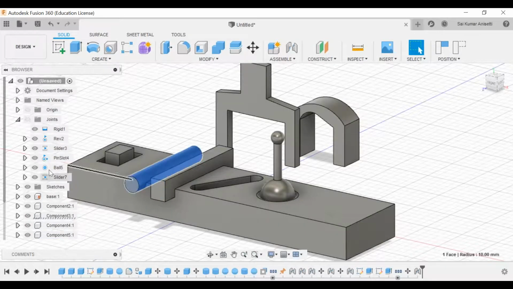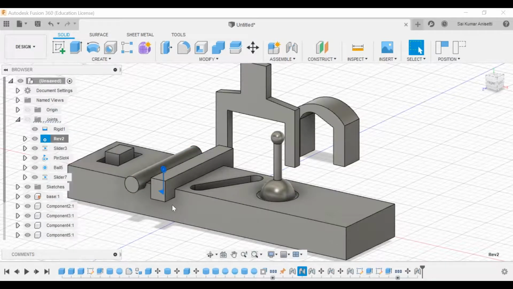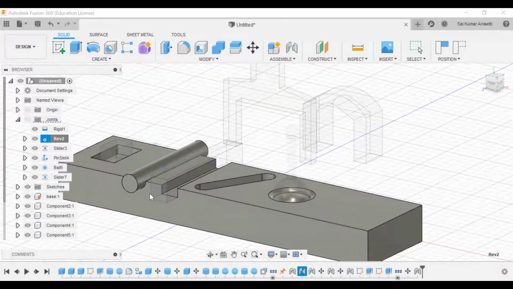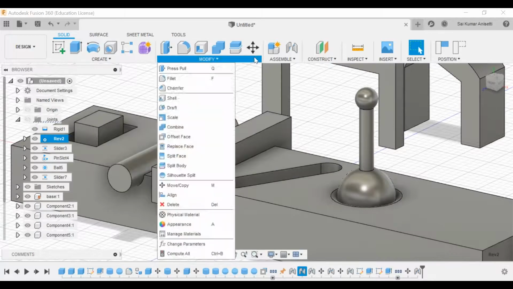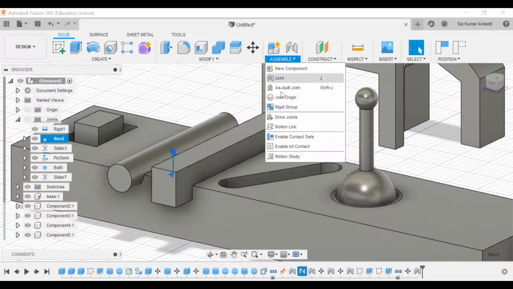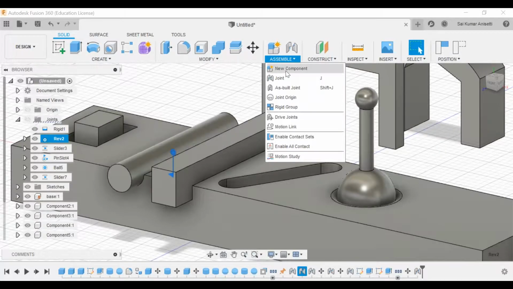Where is this particular revolute joint? Okay, if I animate joint, by default it has a motion to it. If I did not give any motion in the edit joint itself, you can create that individually, like joint origin, or else you can create a rotation or translation relationship between these two joints.